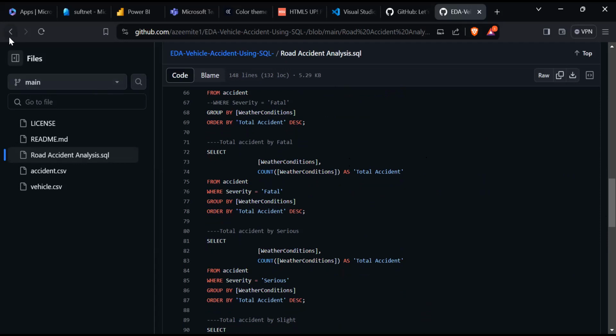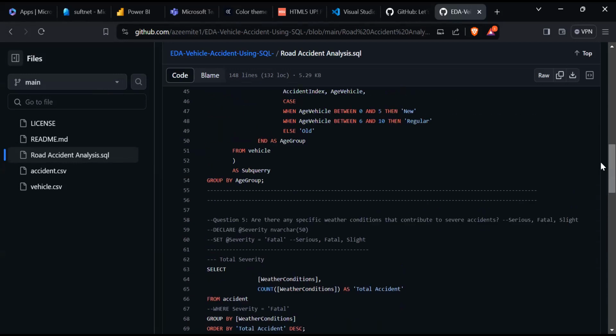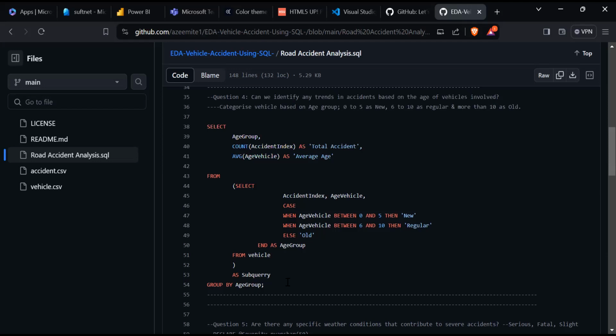I can take this further and put it directly into Power BI and make the visualization, because for each of these queries in Power BI, you can just copy the query as it is here and get the same result directly, without doing too much calculation.